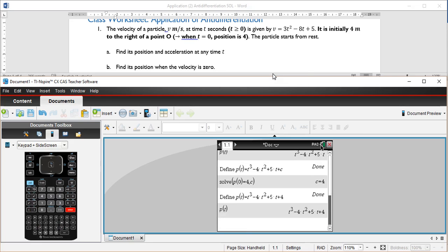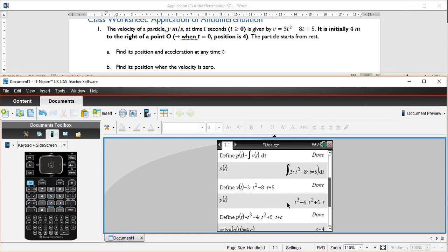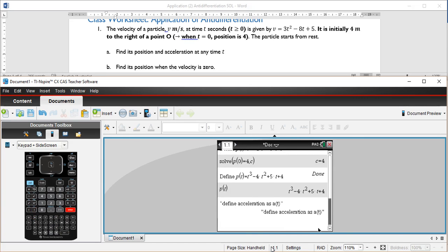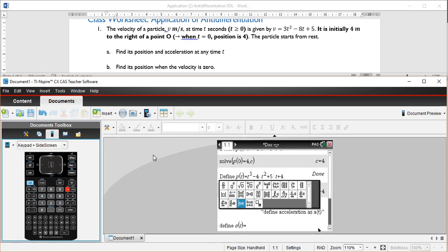So this is the position of the particle in terms of t. For acceleration, which is the second part, you just need to differentiate velocity. So I'm going to define acceleration as a of t. Okay, and a of t equals, you can go to the same place to get